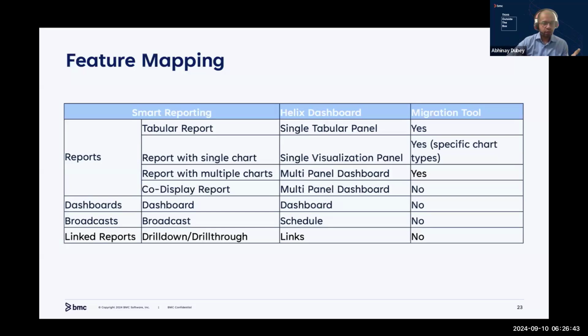Broadcast and drill down, drill through have very similar functionality on Helix dashboard. The other thing you would notice is some of them are supported by the conversion utility, the migration tool that we provide, and some of them,